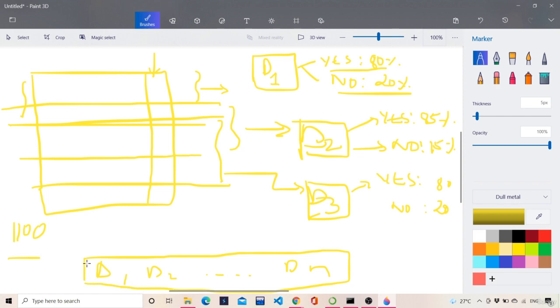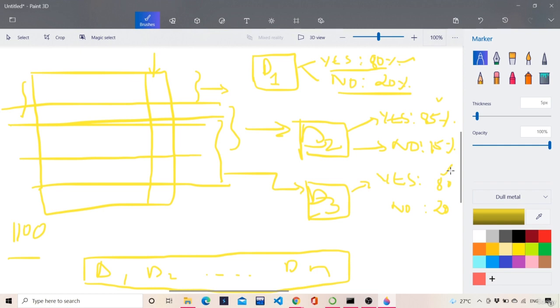If it's a classification problem, then we will see the majority. What is the majority count, whether it is yes or no. Like every decision tree is giving 80% yes, 85% yes, 80% yes, and so on. So we will see how many such trees gave us that kind of result, and we will finalize that. And if it is the no side, we will also see on the no side simultaneously. That is in case of classification.